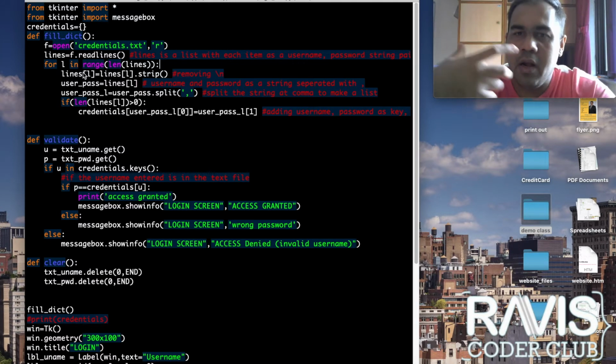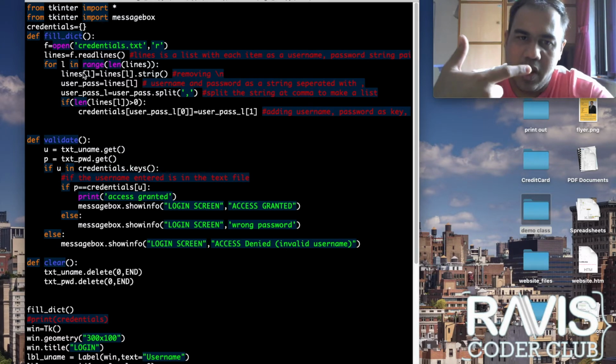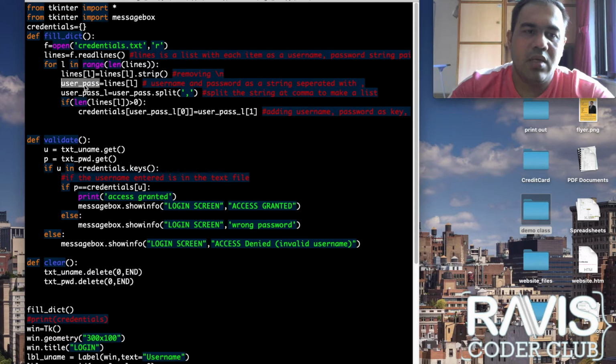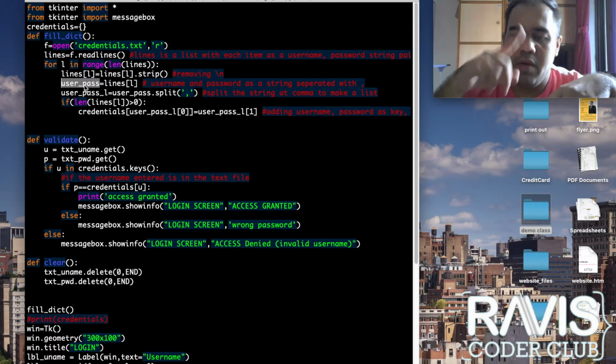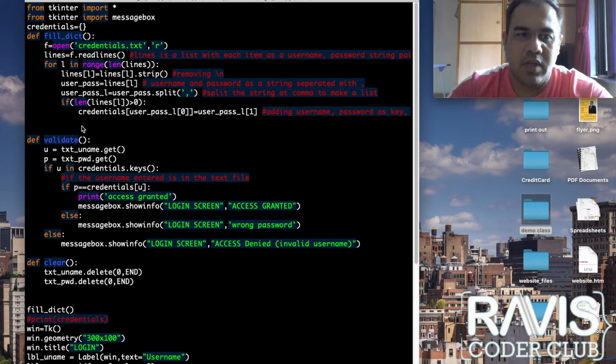grabbing each line, it removes the slash n, which is at the end of each line, because slash n is a new line character. Then what it does is, it grabs the line, and it splits the line into a list, meaning there is Ravi comma 123 as a line. So this is a line, right? Ravi comma 123.